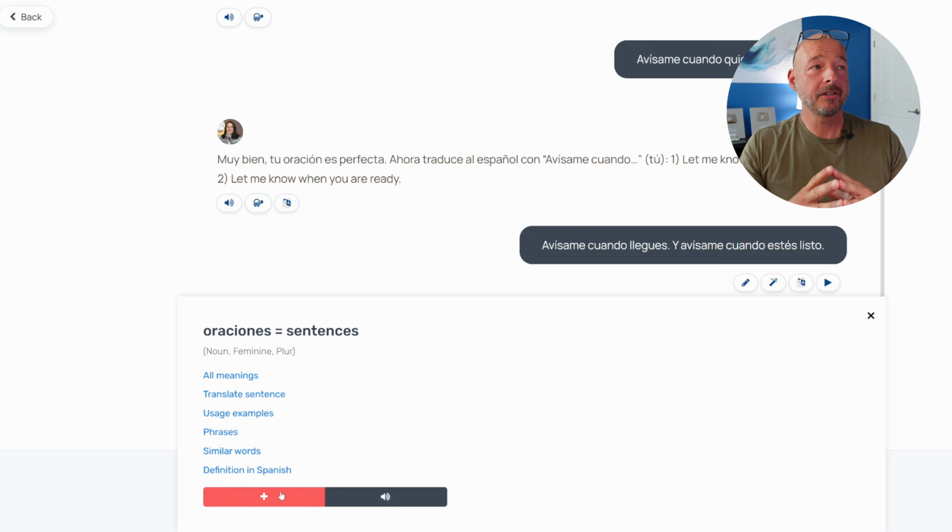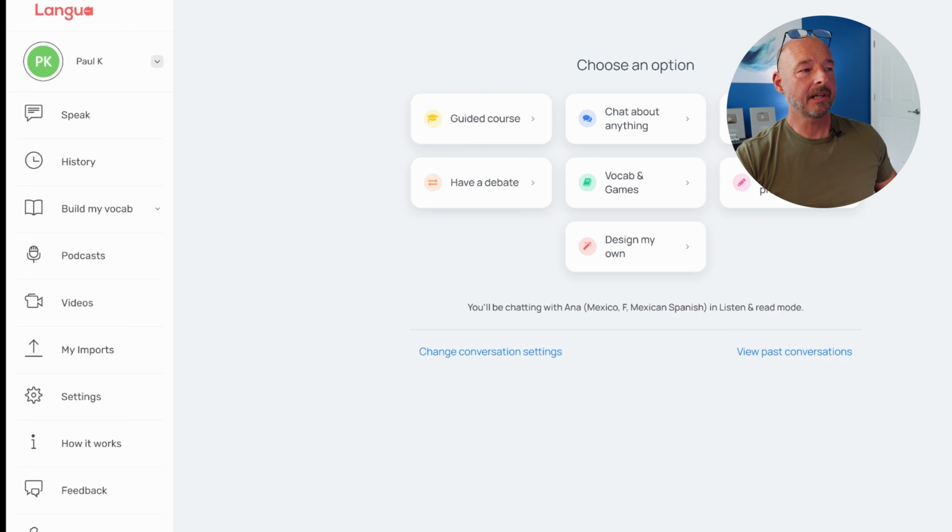One of the things the AI can do is you have a ton of flashcards and you want to practice that. So you can actually choose a dialogue. It's already in here with the prompts and everything to practice your flashcards and have the AI work those into your conversations. One other thing I really like about Langua, and there's a lot of things, under your settings here,